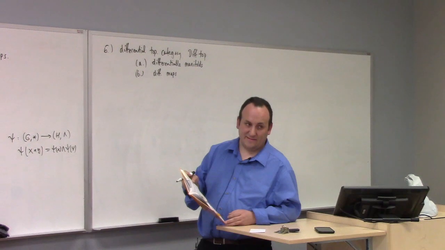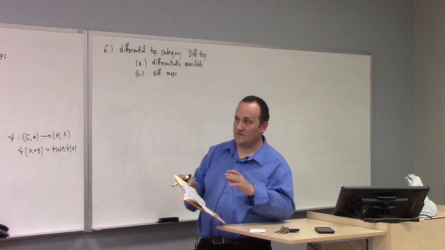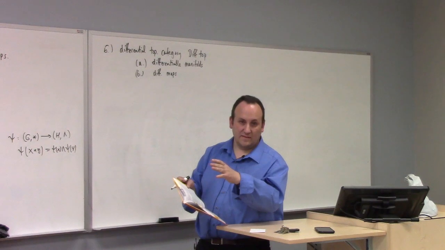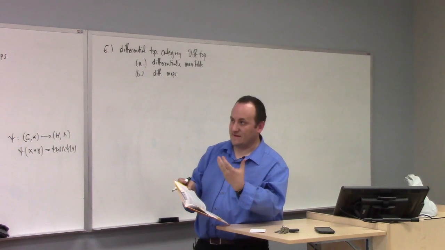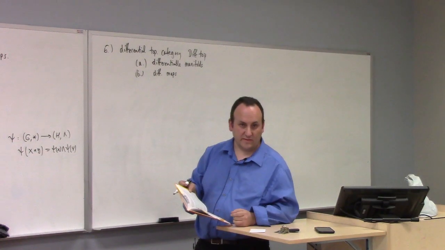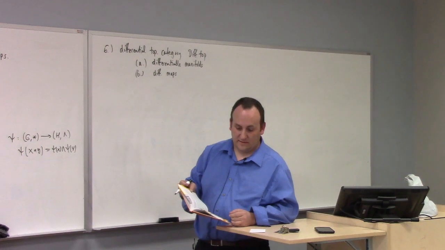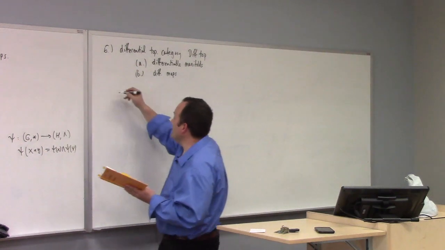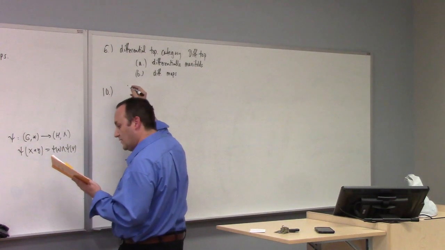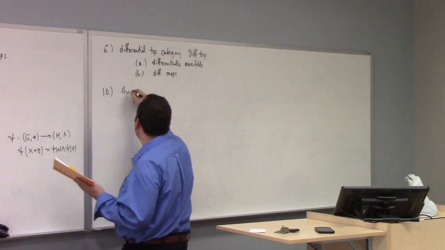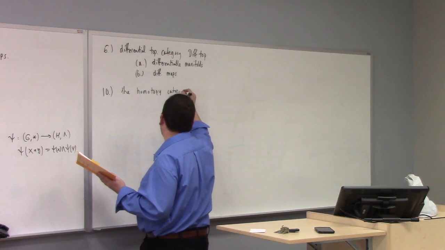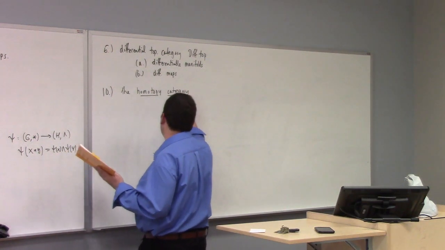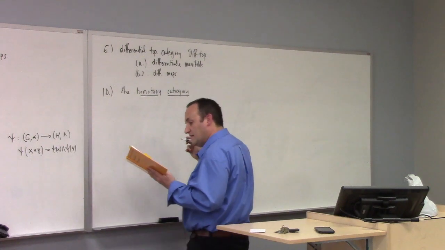So example 9 shows you that the definition of category is much more robust than the basic interpretation in terms of it's a set of objects and the allowed transformations on those objects. All right? But example 10 is important to us because example 10 is the homotopy category. The homotopy category. And in this case, the objects,